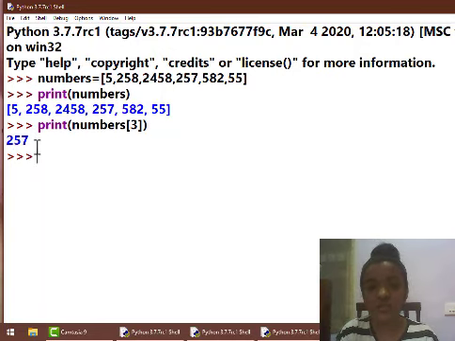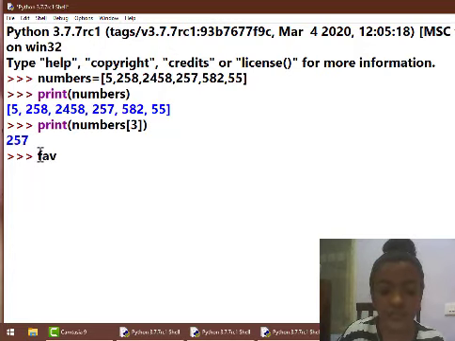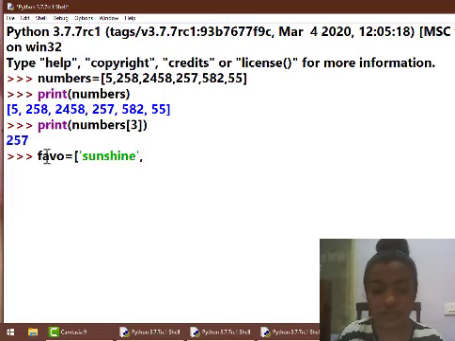So now let's use both numbers and strings within the same variable. For example, favorite, and I'm opening the list and I'm texting a string at first. My favorite things are sunshine, you can text anything. Then I am texting a number without single or double quotes, and then I am texting the color pink, which is my favorite.